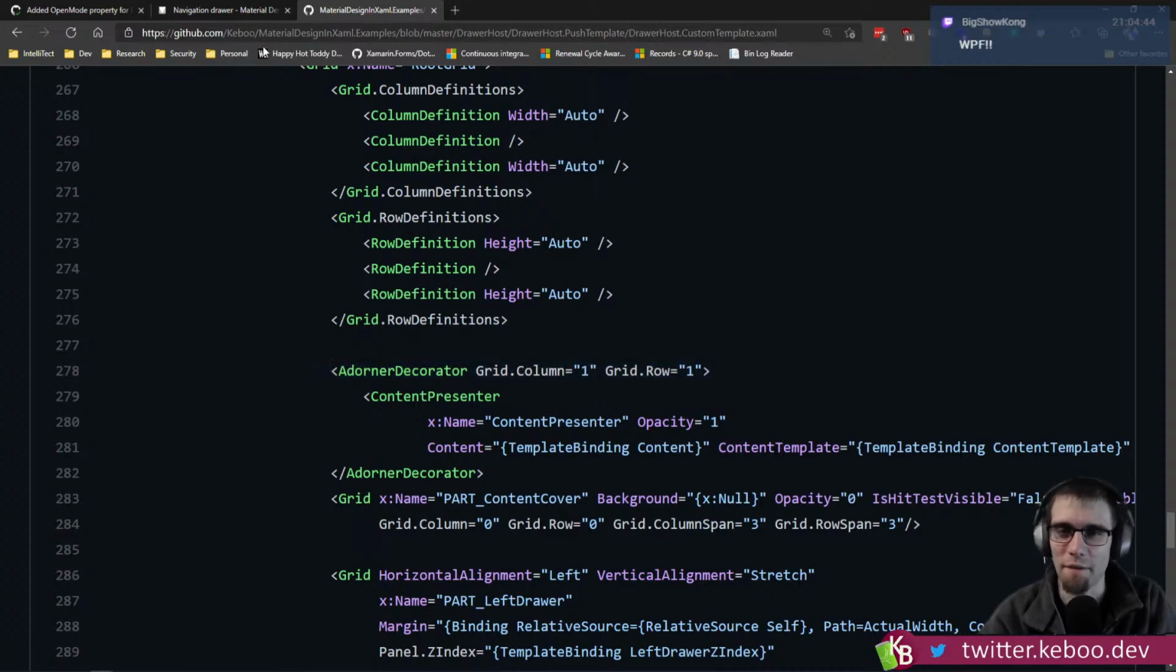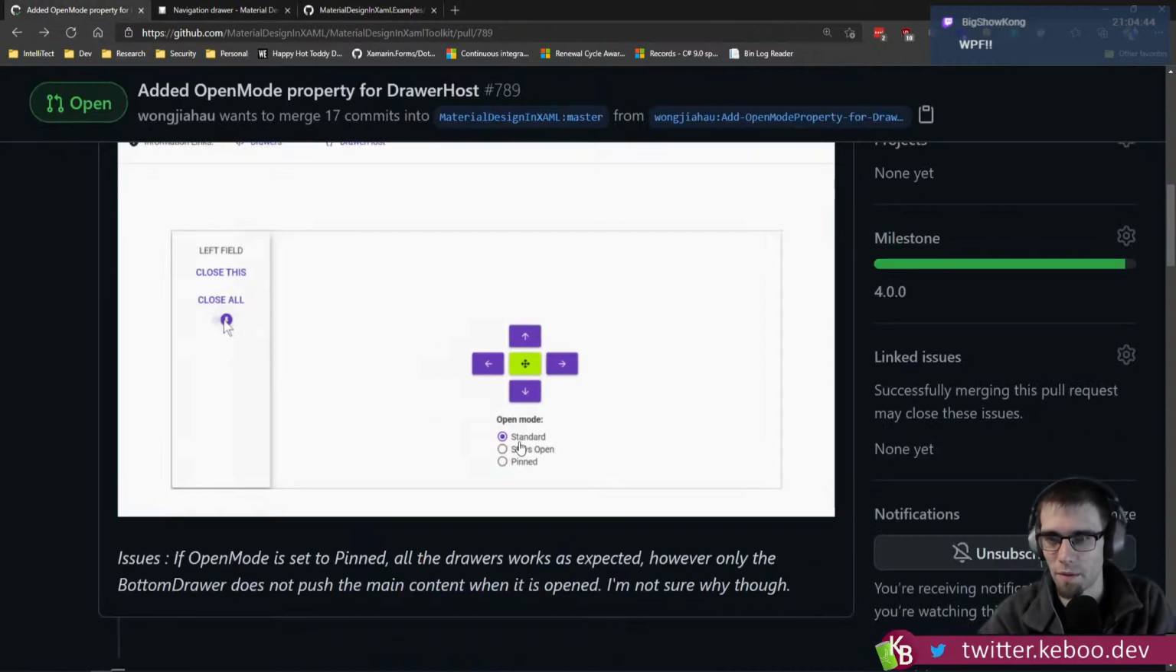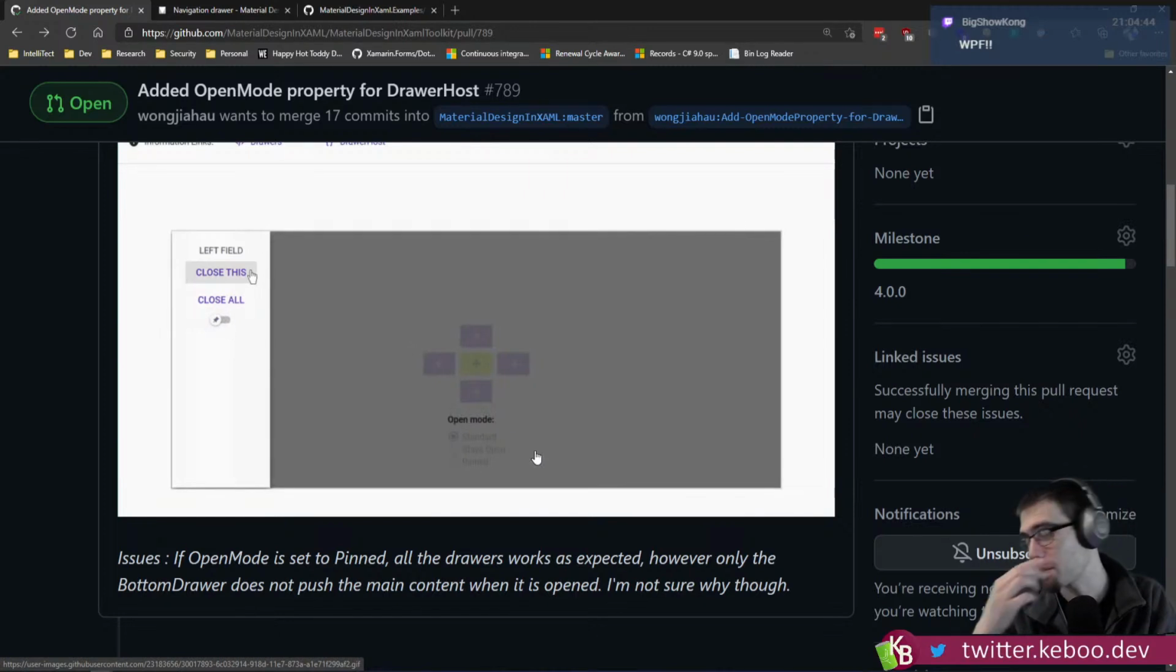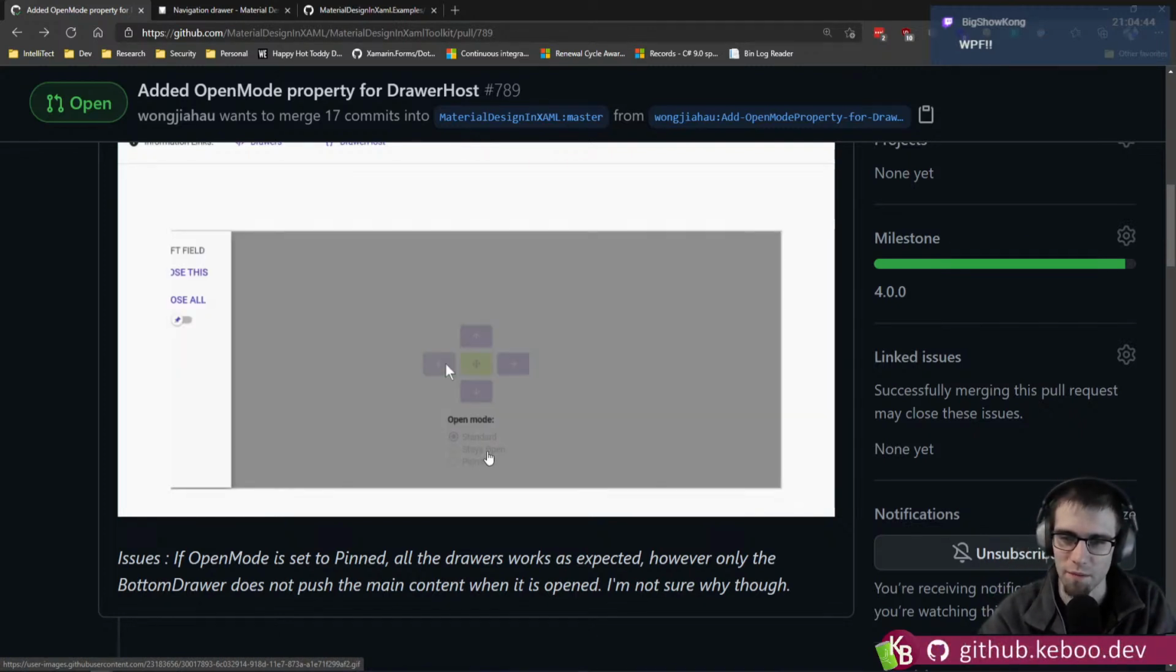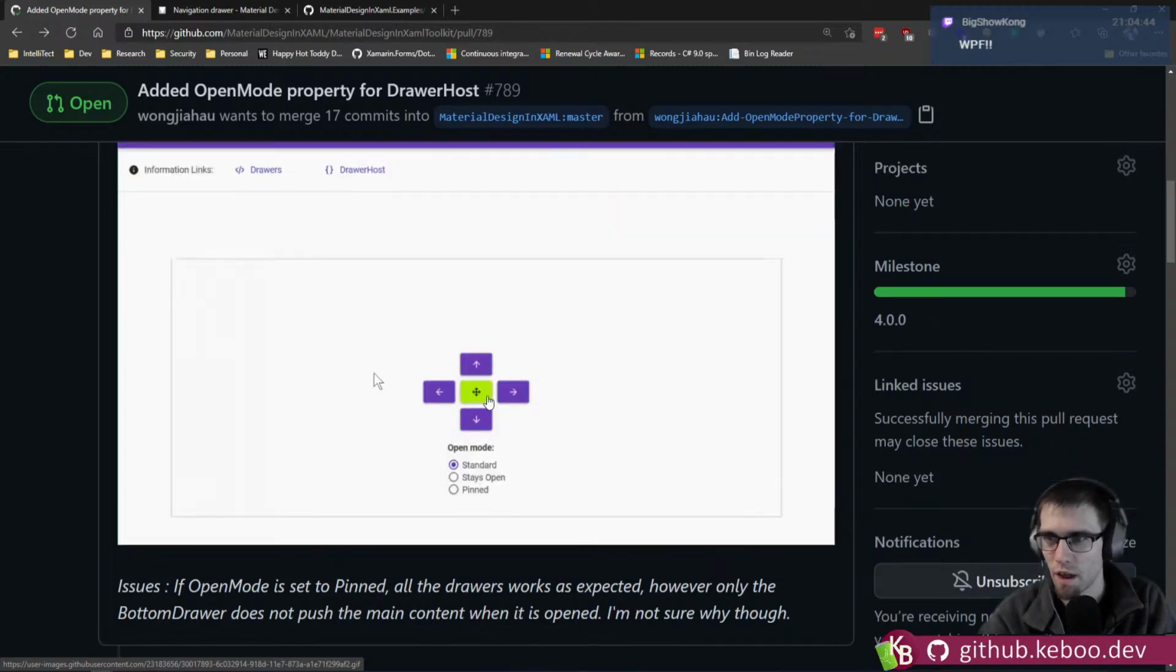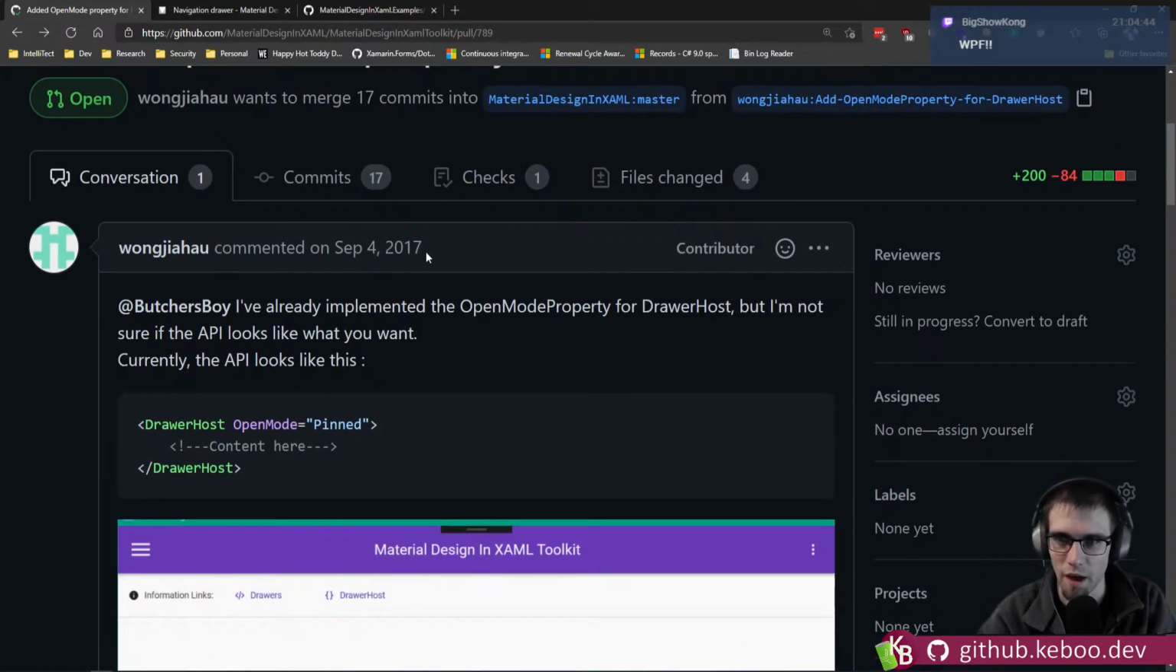I think rather than having a separate style, the goal is going to be to have something like this, where there's just a property on the DrawerHost that you can toggle to open and close. Now, this one has some slightly different verbiage, and as you can see, this PR was opened 2017, so it's a little old. It's a little old. And as you might imagine,